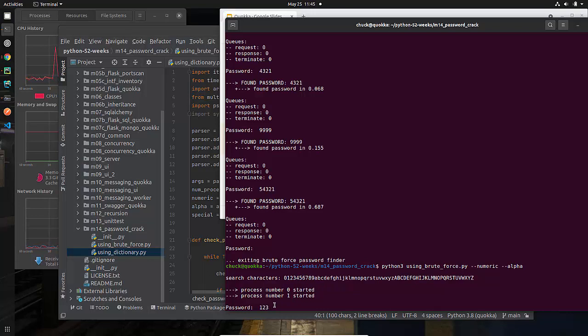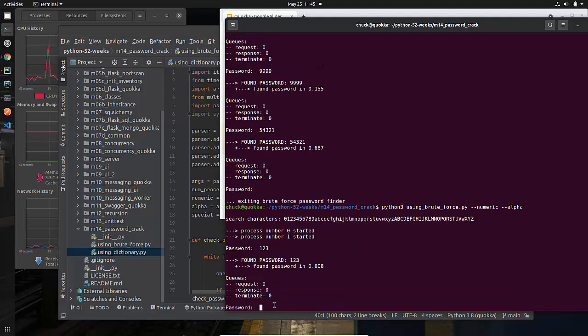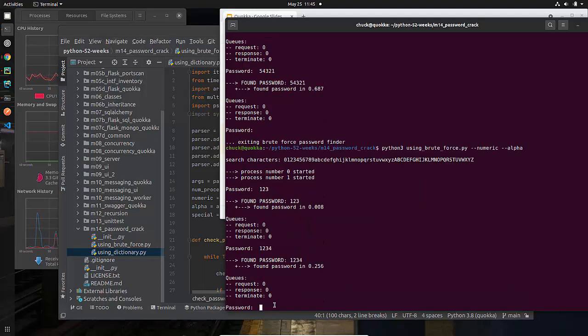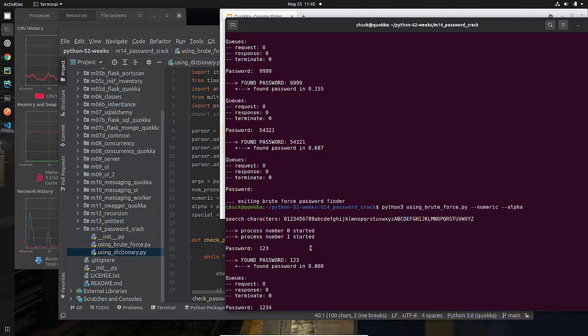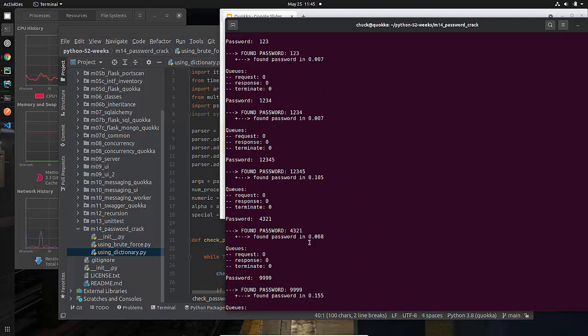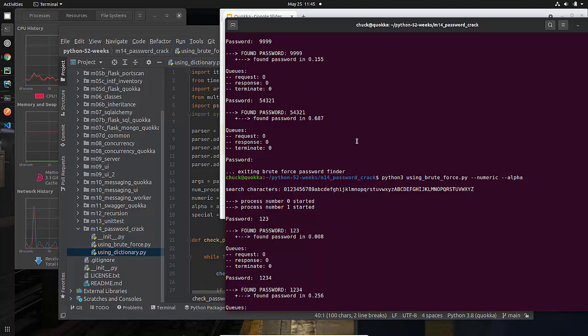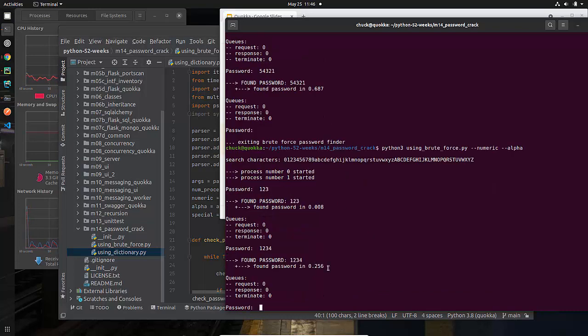Just for kicks, let's start with an easy one. 1, 2, 3. It didn't take it very long. Let's try 1, 2, 3, 4. Again, because this is starting at the beginning at 0 and 1, it's probably going to go pretty quick. It takes longer than it did before. In fact, let me see if I can get up here to 1, 2, 3, 4. It took 0.007. Down here, it took 0.256. So that's, I don't know, what is that? It's 30 times longer or something of that nature. Yeah, somewhere around there. So it took a little bit longer.